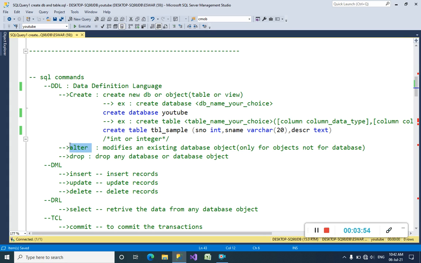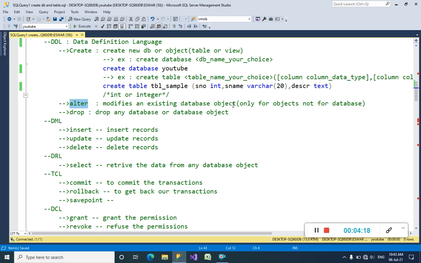We cannot use the alter command for making any changes in databases. We can use this alter command only for modifications on existing database objects. Object means table or views or indexes, something. I will teach you about all those things in coming sessions.